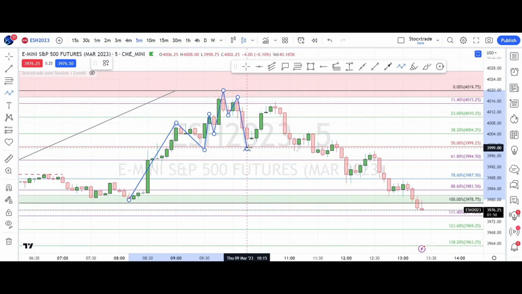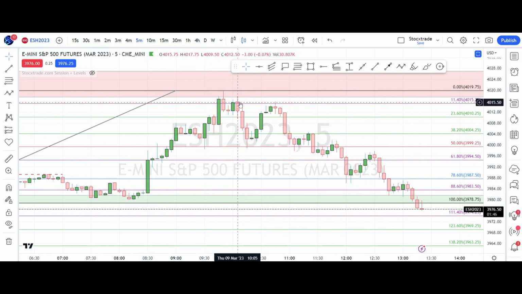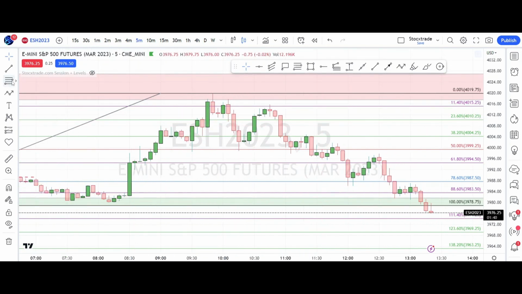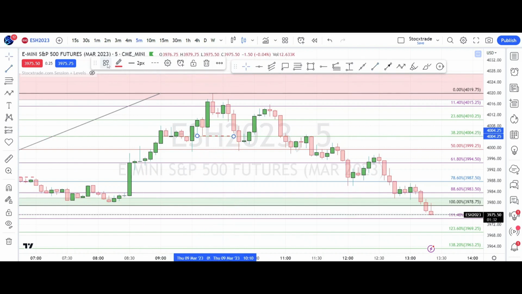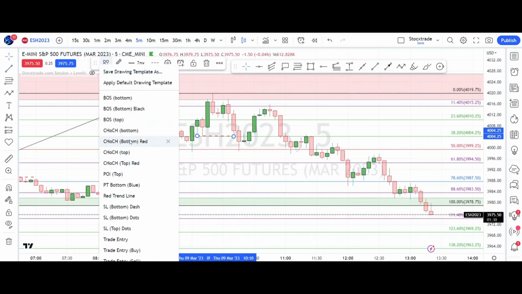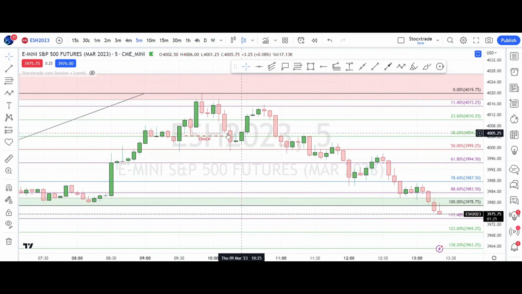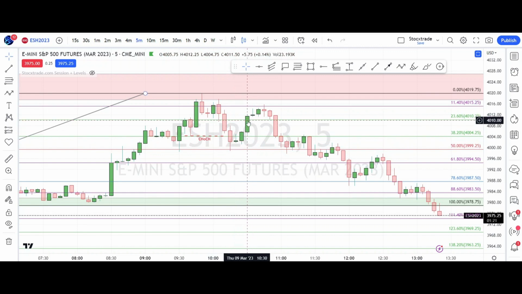So what I want to see, because the market didn't make the higher high, now I am very careful that okay, I can find my trade. So where can I find my trade? I need to mark the previous low. This candle low is the previous low, and I can mark here as the change of character. So this is my CHoCH area, and after the CHoCH, because this is the first CHoCH and the market shoot